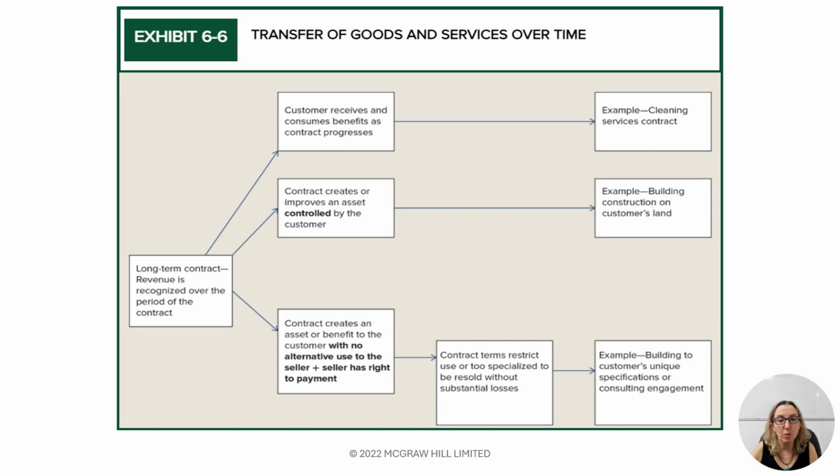The next type is where the contract creates or improves an asset controlled by the customer. Example, if you are building on a customer's land, the customer is basically getting their property improved over time. And we're not going to do accounting for long-term construction contracts in Accounting 3115 at MacEwan, but if you do need to do it, it's very detailed and you do recognize revenue as you do the work on the building. And so that's something if you need to do, you can look in the textbook, but for this particular course,